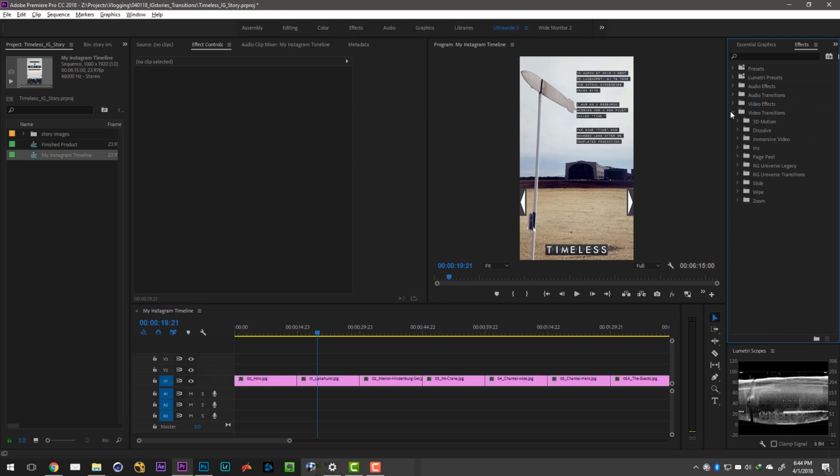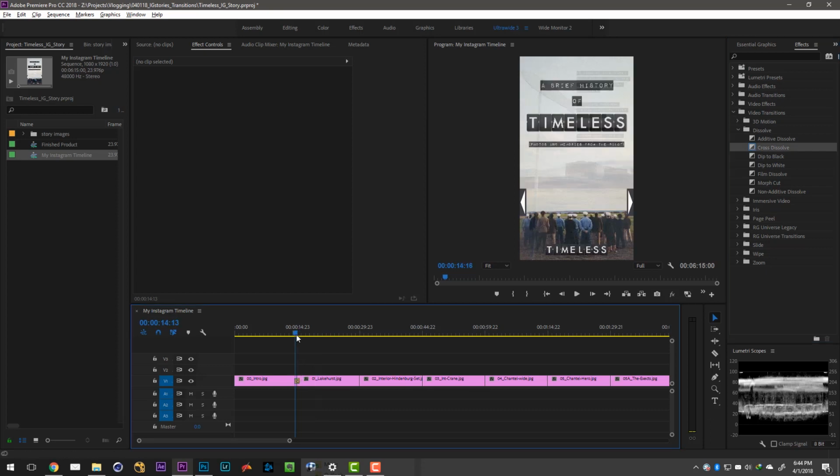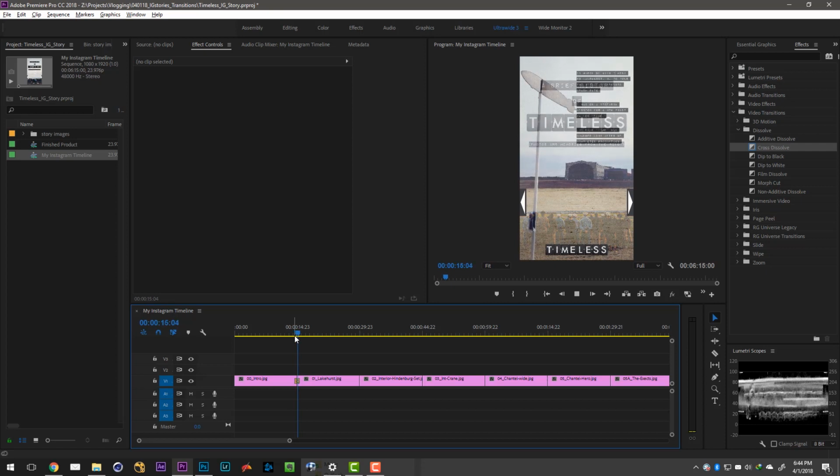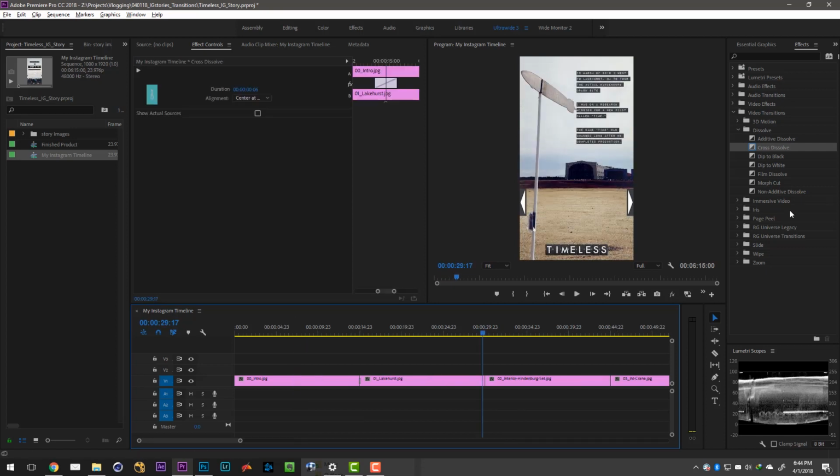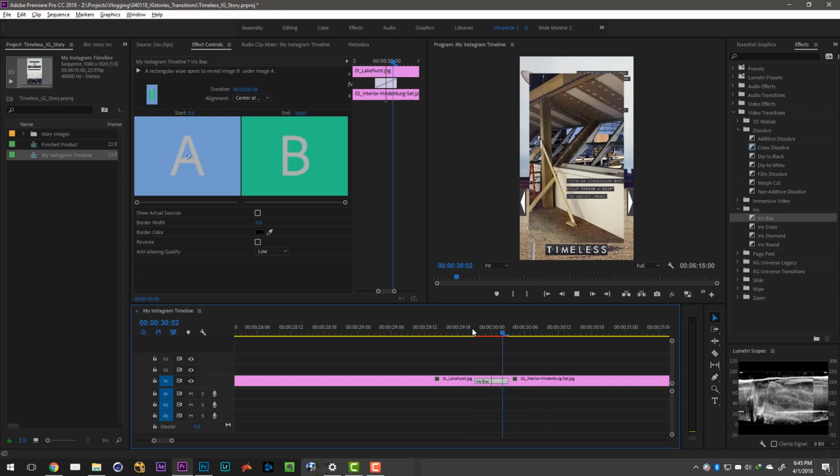And if you've ever used Adobe Premiere or any editing program, you know that there are some basic transitions. For example, the cross dissolve. So if I just drag the cross dissolve here between these two layers, now all of a sudden I get a nice simple dissolve. It's just a little bit more interesting. Maybe I want to do something else. I could do, let's see, what do we have? We have the iris box. Something simple like that just adds a little bit